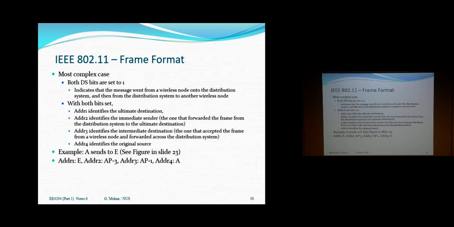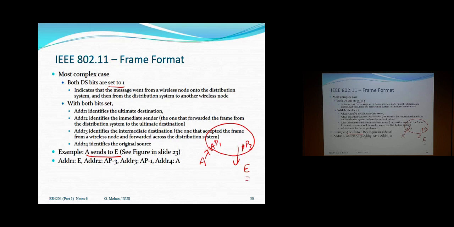Now, more complex case, let's say both DS bits are set to 1. Two distributed system, and from distributed systems both are 1. Let's consider the same example. A sends to E. So how A sends to E? A sends to AP1, then AP3 sends to E, and these two are connected in the backend by switches or routers. So in this case, address 1 is E,